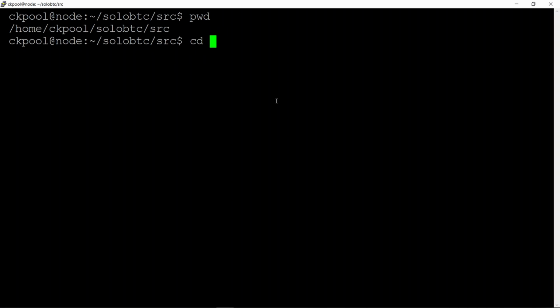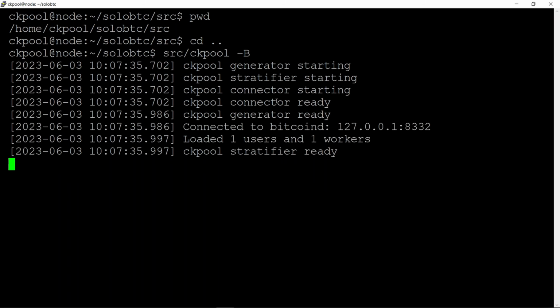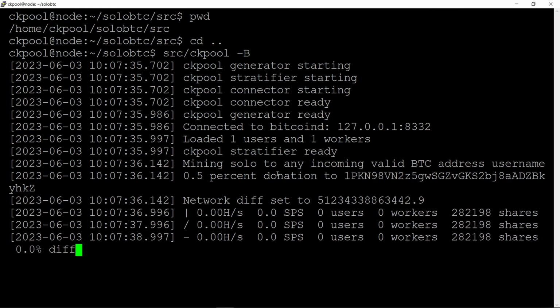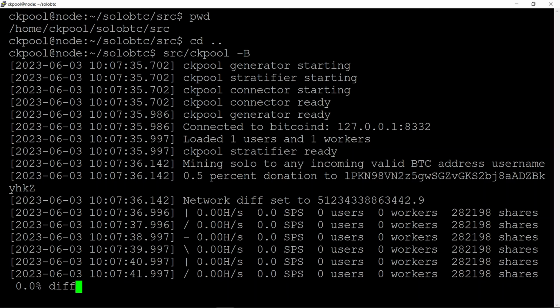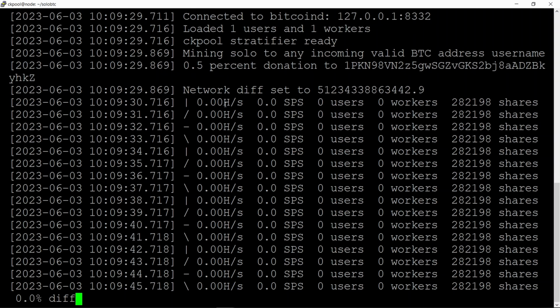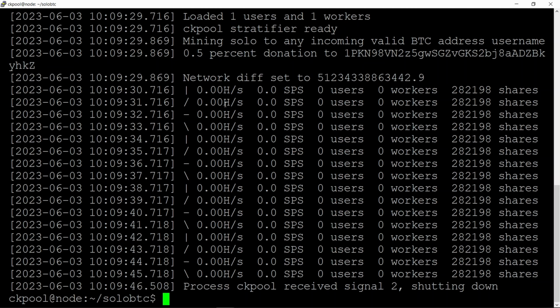Now we need to return to the solobtc directory and give the code a test. So we just run source service ckpool, and we use -b to run it in solo mode. So this is what a typical startup should look like. Hopefully that's what you'll see. Alright, now that we've passed our initial testing, we'll stop it running with Control-C and we'll exit back to super